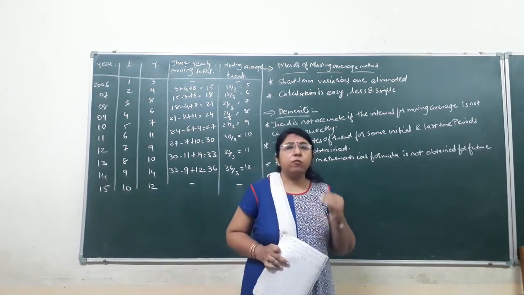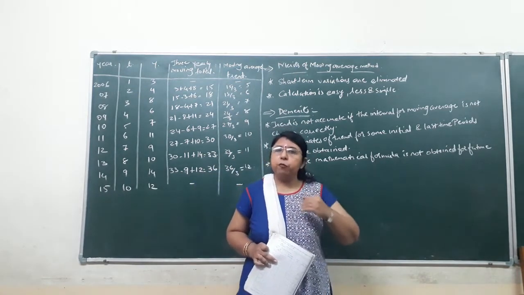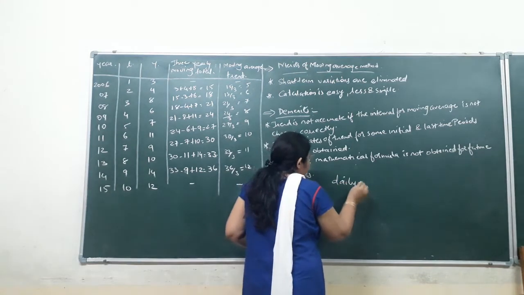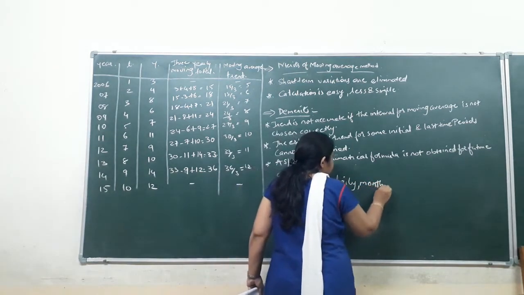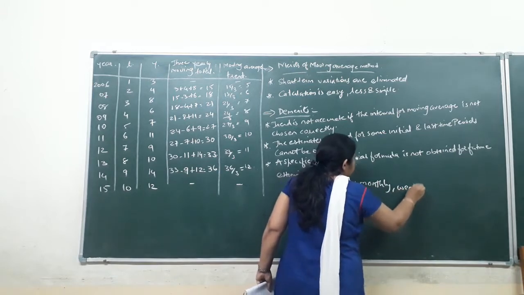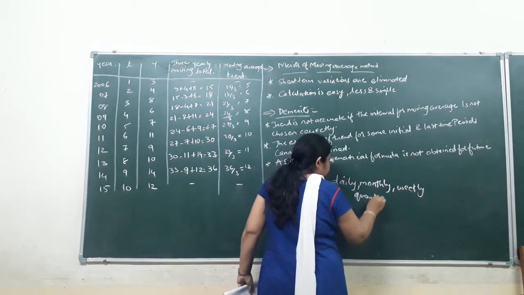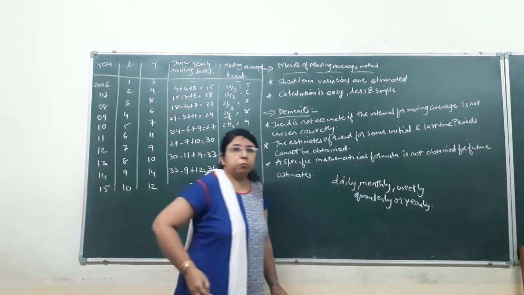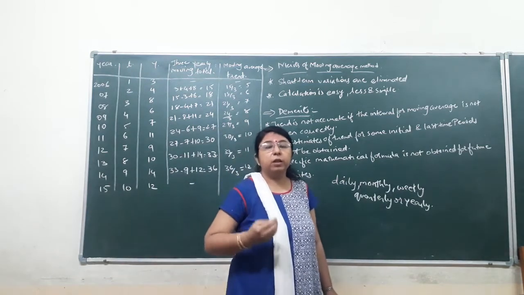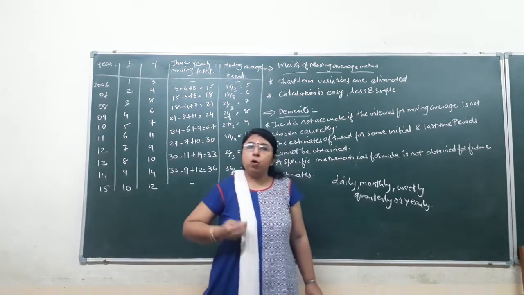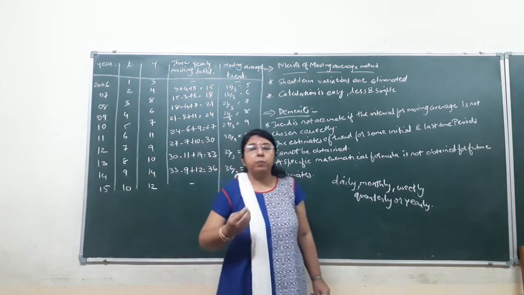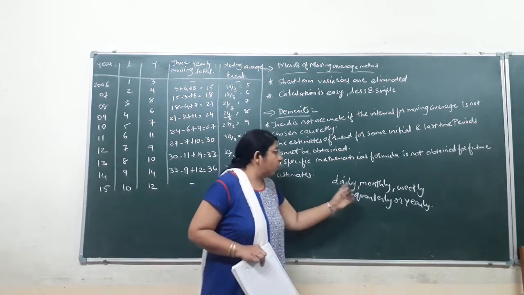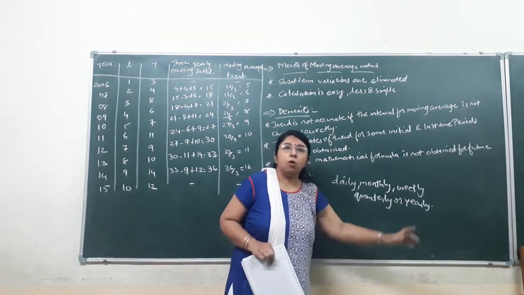Now in the case of the moving average method, the unit of time may be different. It may be on a daily, monthly, weekly, quarterly or yearly basis. It depends upon the question. The question can ask you to find the 3 yearly moving average, or the 4 quarterly moving average, or the 5 monthly moving average, and so on. So the unit of time can be in any form: daily, monthly, weekly, quarterly or yearly.